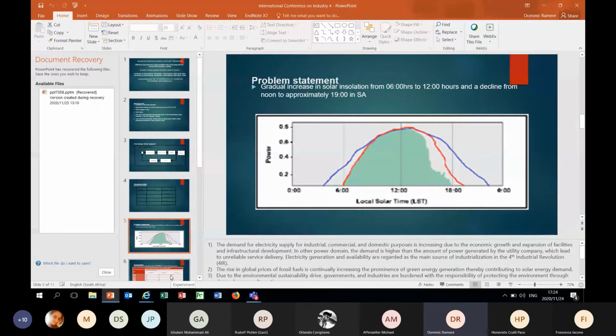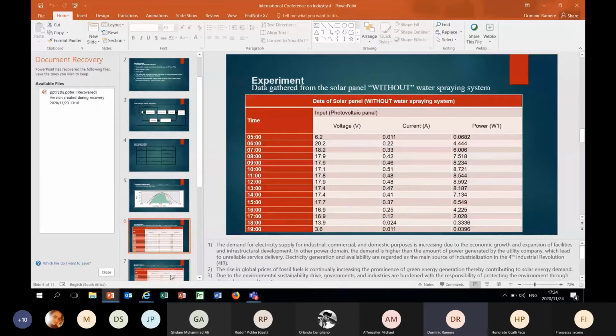So this was part of an experiment that was performed. It is the data that was collected from the experiment during the hours. With the first one, we started at 5 o'clock in the morning up until 9 o'clock in the afternoon. So all these voltages are the averages that were combined over a period of 5 days.